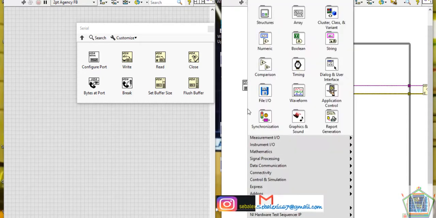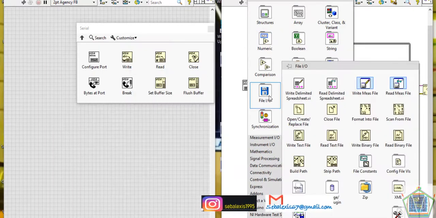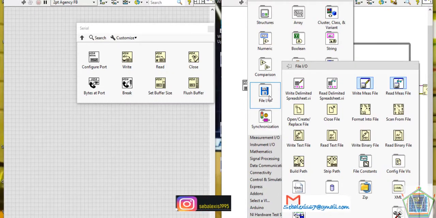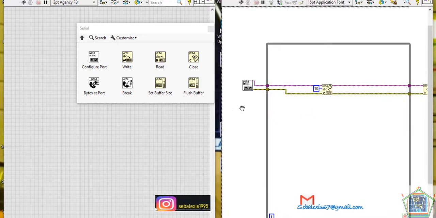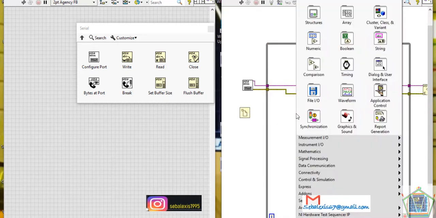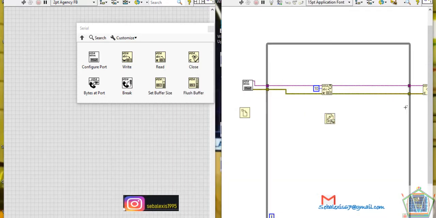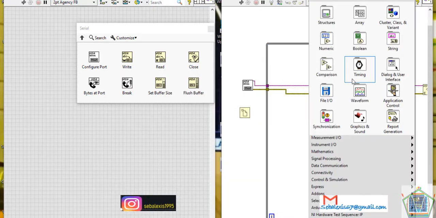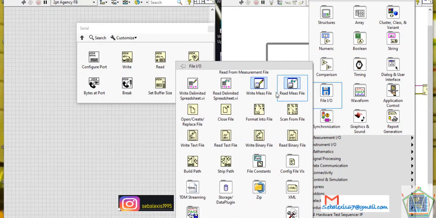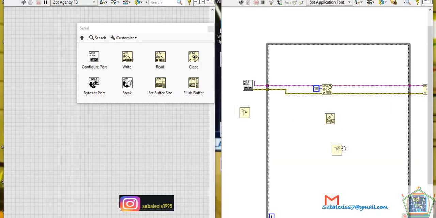And then we are going to create the pathway through which we will be writing the readings on our text file. Open text file. Then we are going to write on our text file. Then after that, you close your text file,